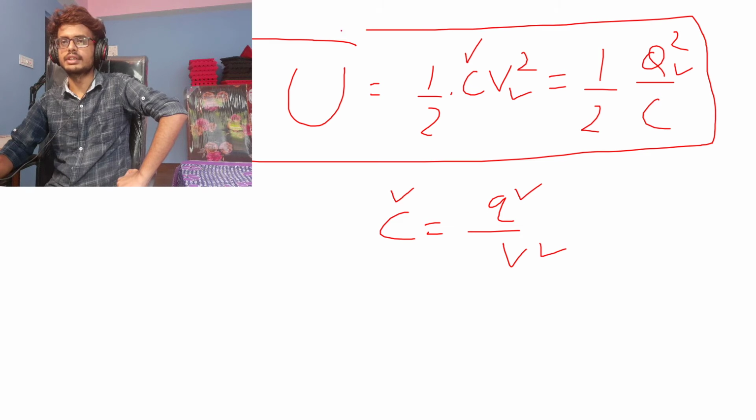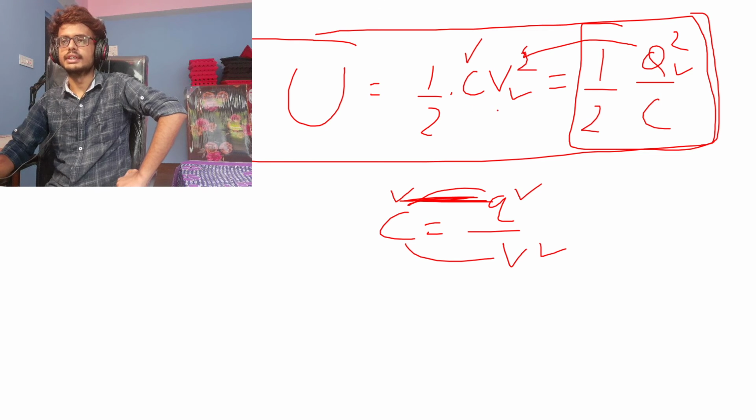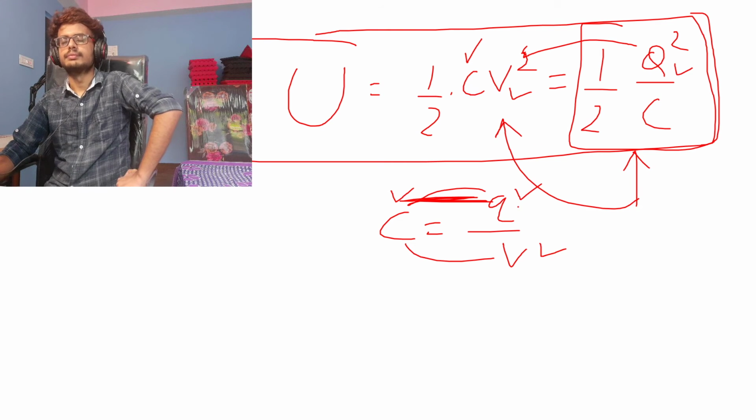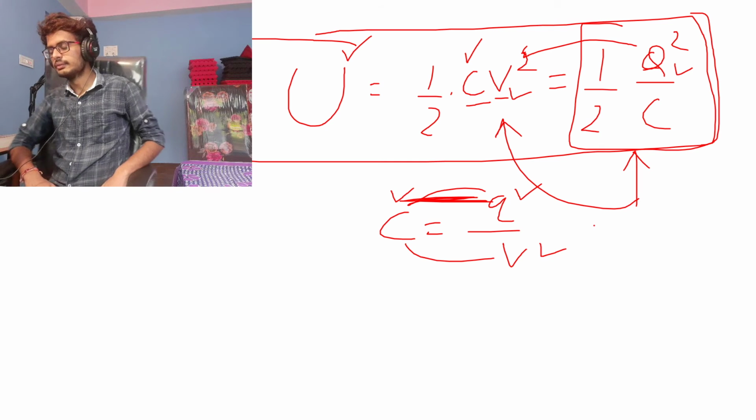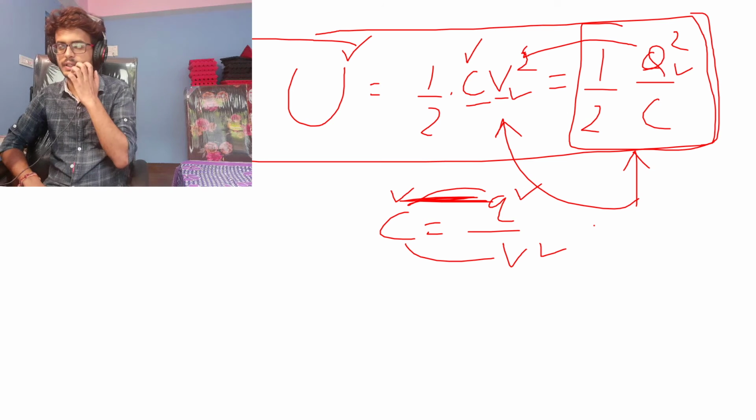Before the start of the derivation, I had said we can find any one formula and derive the next one. So we got a formula in terms of Q and C, and we derived a formula with respect to C and V. This was just substituting the value of Q squared here and cancelling. So you can easily derive it from here. So we got the formula for energy stored inside a capacitor in terms of C, V, and Q. Right? Is this clear? Aditya, is this clear? Sritesh? Clear?